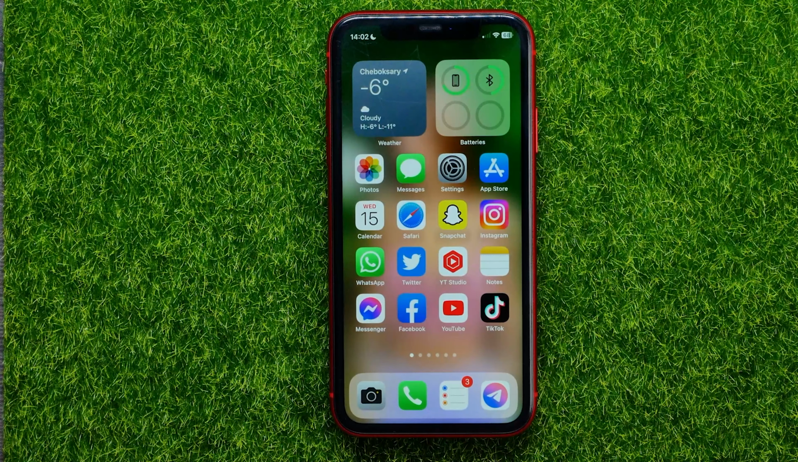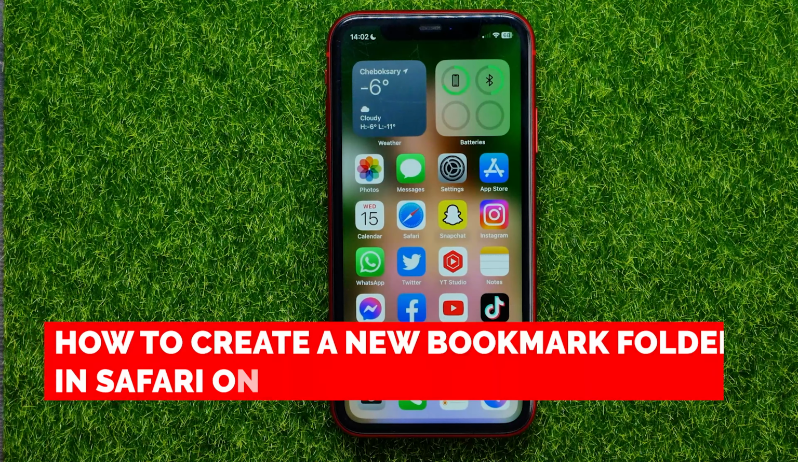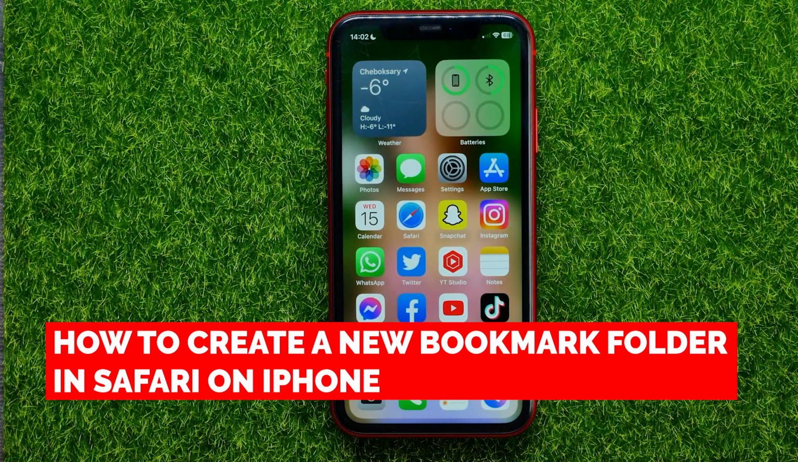Hello guys, welcome back. In this video I'm going to show you how you can easily create a new bookmark folder